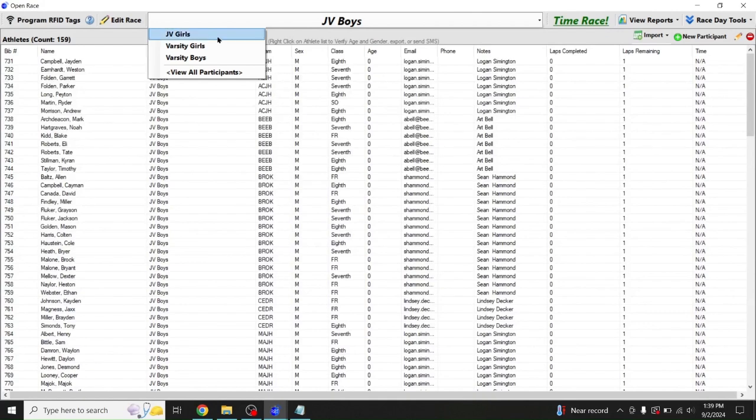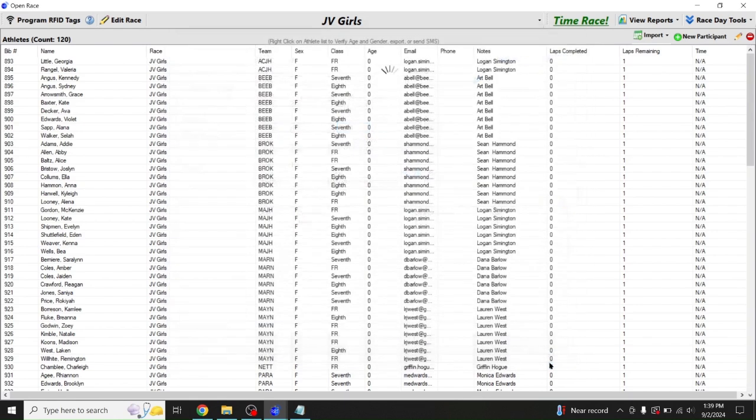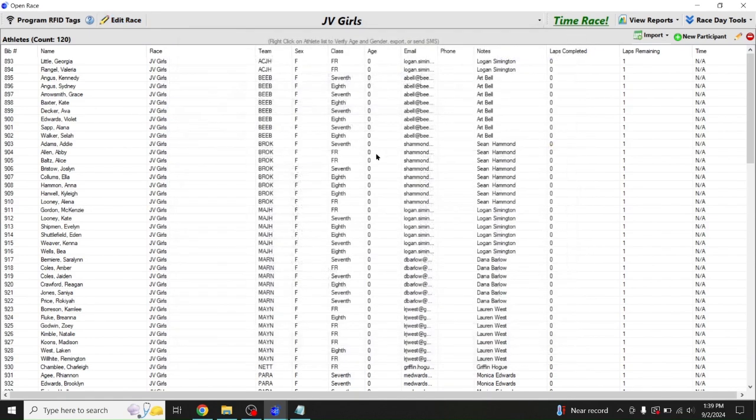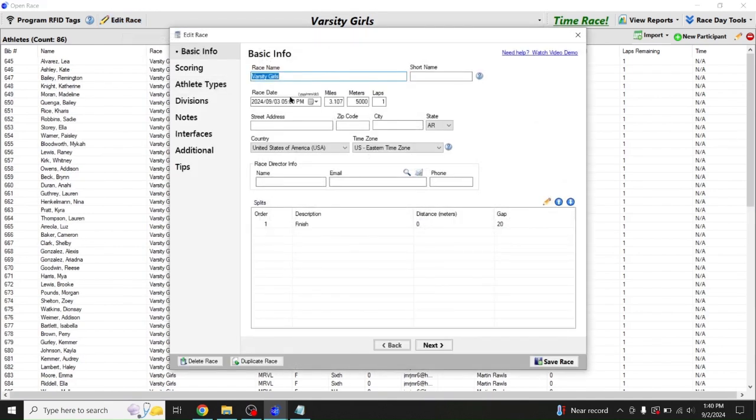Save. Let's go back to the junior girls and put that address in. Now, once the software has seen a zip code, it automatically fills in the city and state. So just something nice. Now, let's go back and make sure the teams are in there under scoring, and they are, so everything's good there. Now, let's go to the varsity girls, and then same here. We're going to check out the address,